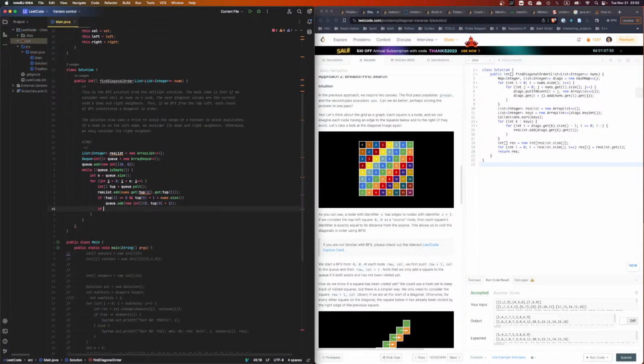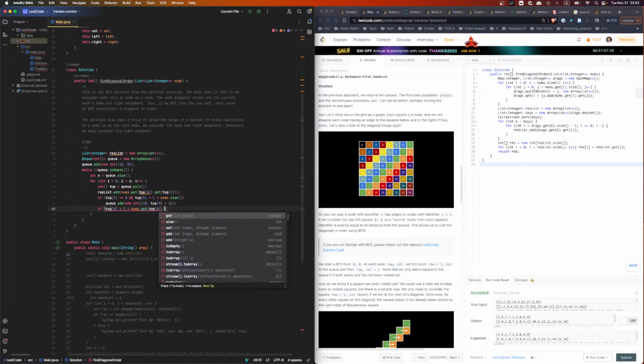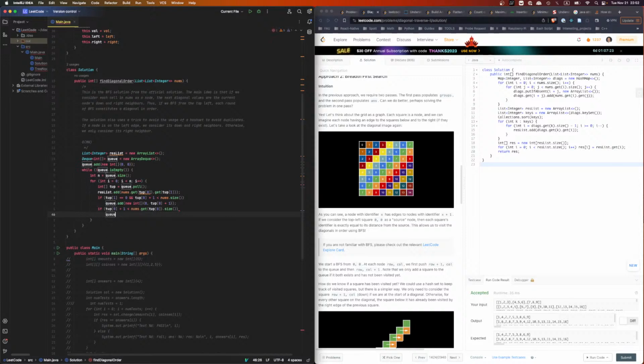And then if top 1 plus 1, just to your right, is smaller than nums.get top 0 dot size, then q dot add new int